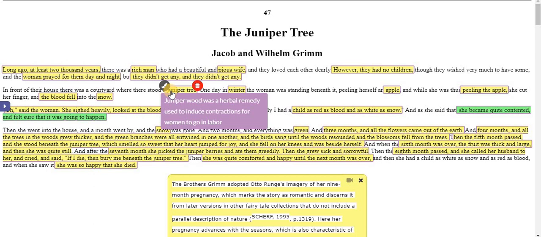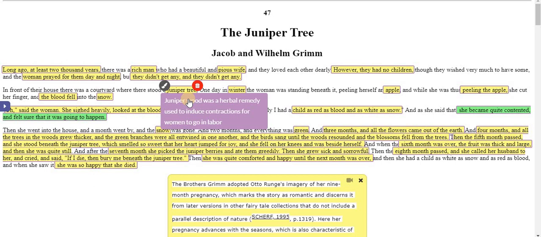But at times, women have long pregnancies, which means long labors, and they won't go into labor. They will have contractions here and there, but they won't go into labor. So in order to go into labor, there must be an adequate amount of contractions. So in order to induce contractions, juniper wood was taken. Juniper wood was a herbal remedy used to induce contractions, and this might be significant because